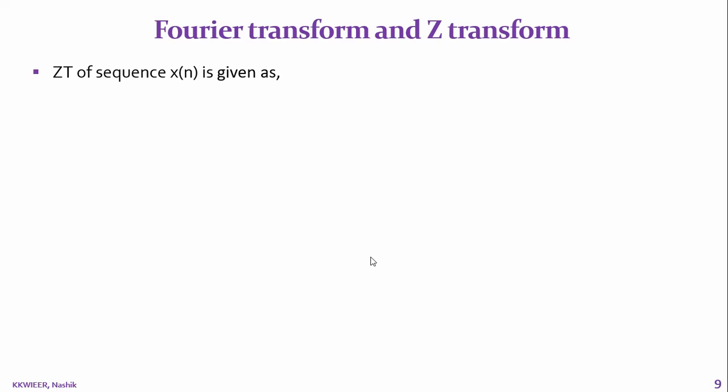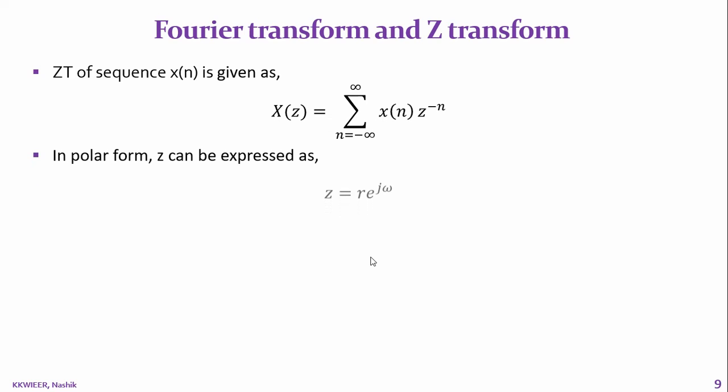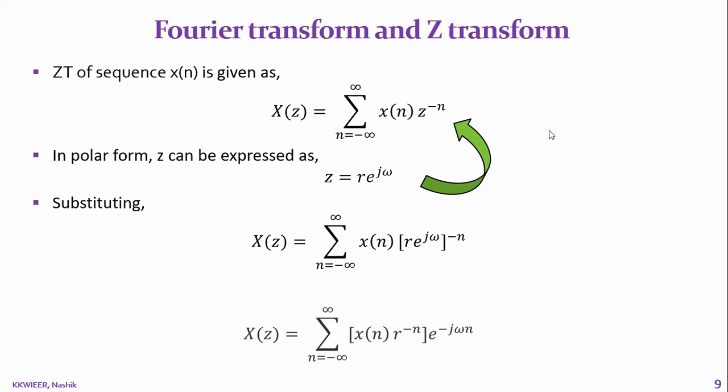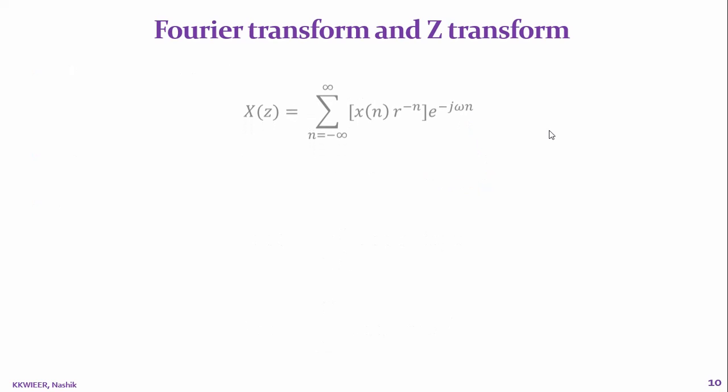Now the Z transform of the sequence is given by this formula, and in polar form, if you substitute this z equal to r e to the power j omega in the above equation, it will look like this. Now multiply the minus n power inside. It will look like r raised to minus n e to the power minus j omega n. What I will do,